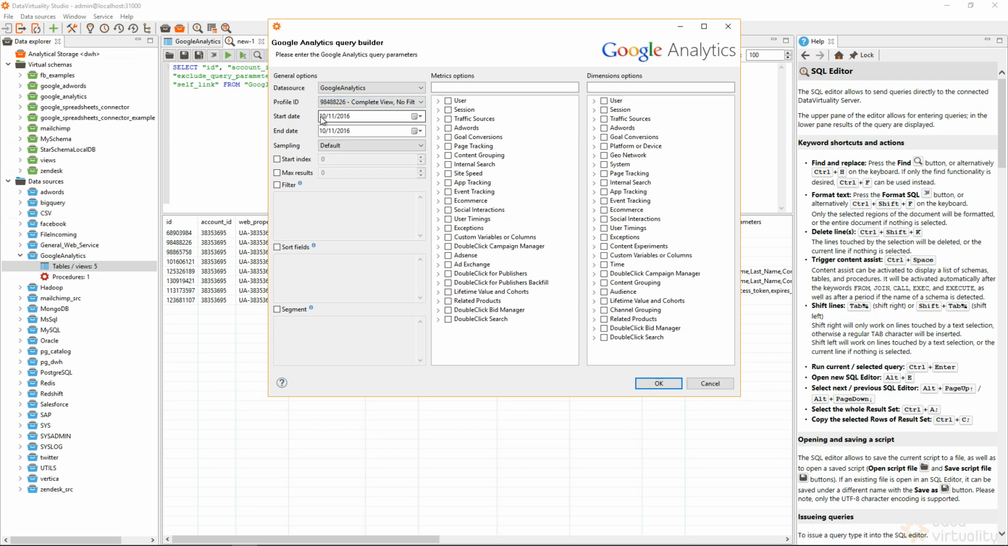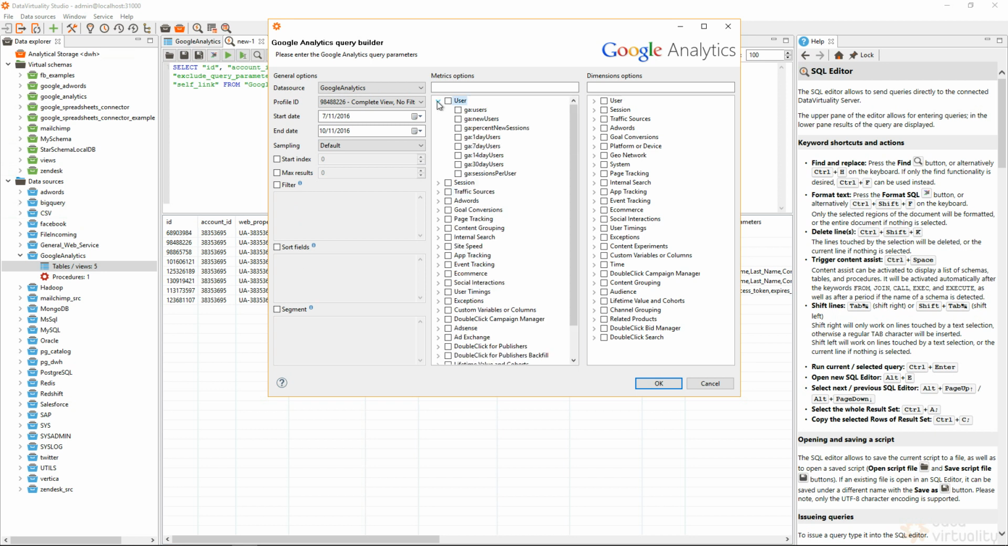I can enter a start date, so let's date this 3 months back. And I can choose some other options such as sampling or all the other options here such as sort, field, segment, and filters. Let's take a look at the metrics right here. So we provide all the metrics that are available from Google Analytics. I'm choosing a very simple one, so just the number of users and the number of new users that entered